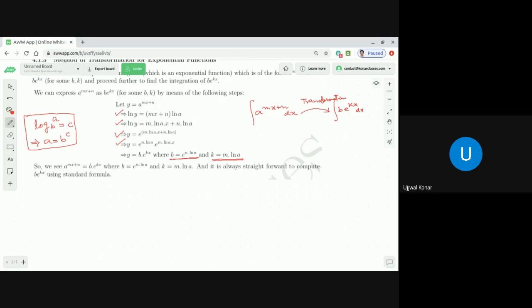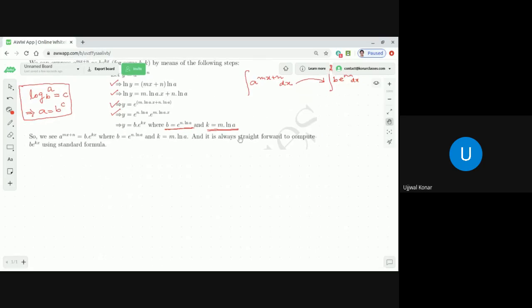Let me give you a little flavor, then you'll understand, a little flavor of the method of substitution. Suppose we need to find the integration of 2 e power 3x dx. Then you can write 2 into integration e power 3x dx. Then you can say, sir, I know e power x dx, but you are giving e power 3x dx. So here we can use the method of substitution.